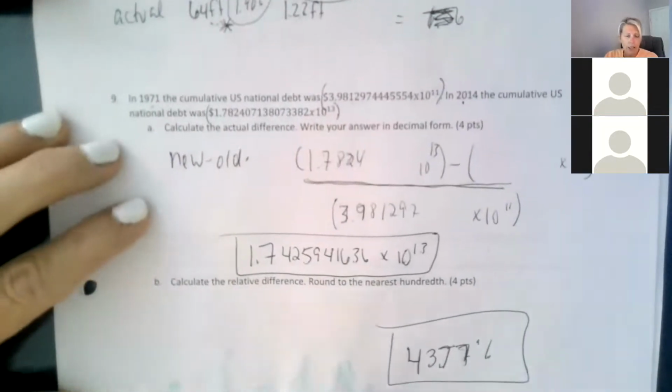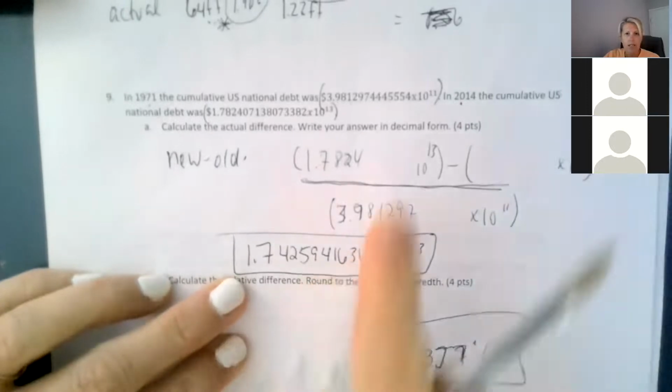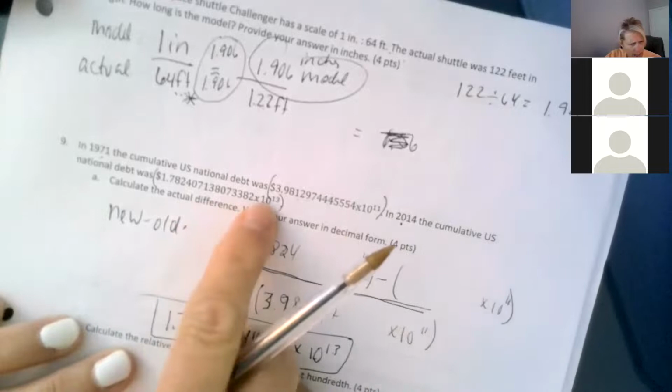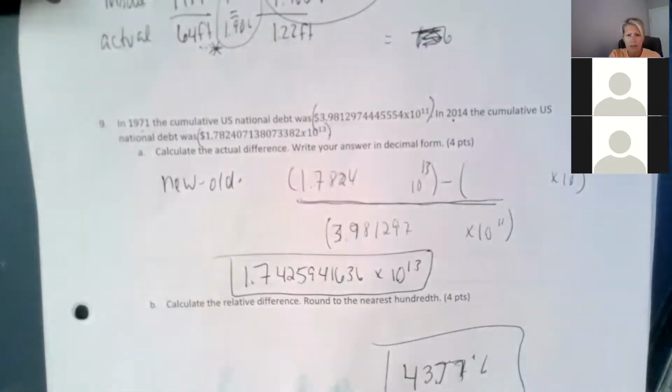Number 9 is all about our relative change again. So don't mind my work. The actual difference is right here. We're taking the new, which is the times 13 debt, and we're subtracting the 1971. And this is where I think some folks at home are trying to do things by hand. So I'm going to go ahead and